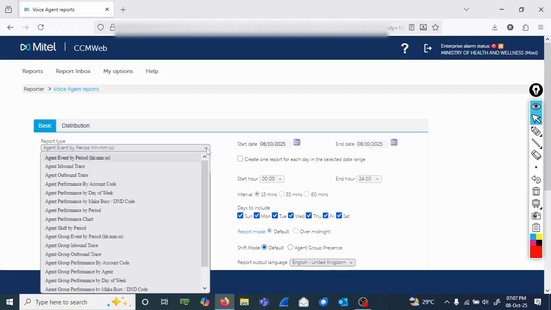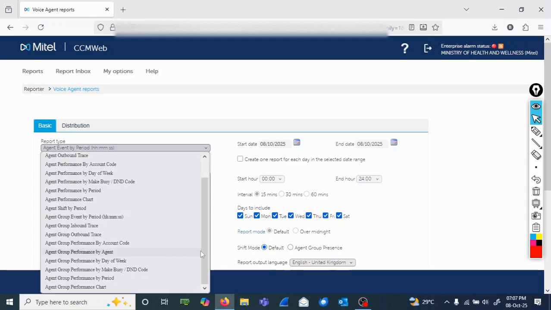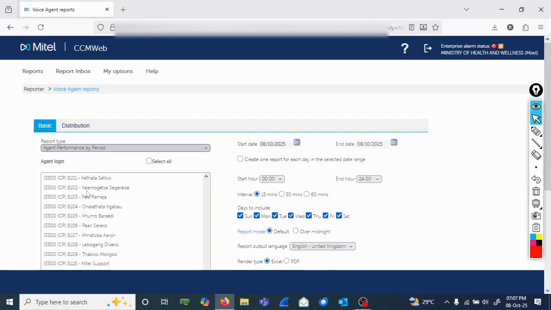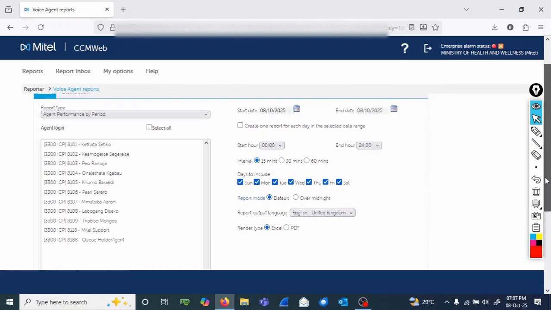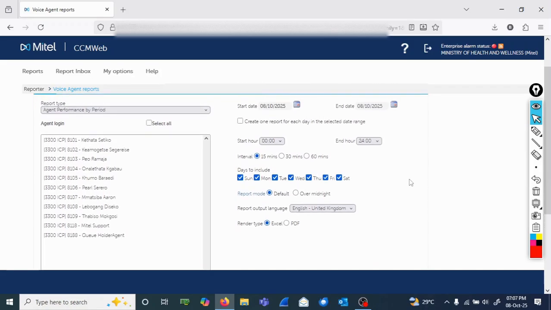If I scroll down here, I get this list of reports, but the most common one is agent performance by period, which I'm going to select. It's also going to ask me for the start and end dates. I'm not going to change anything; I've gone through these things before. We all know what they are. And I'm going to select the agent that I want to run the report for. I want to run for this one, so I highlight Mitel support. And then I scroll down